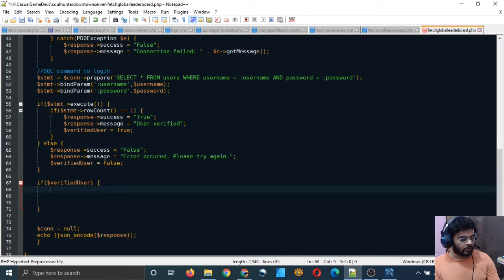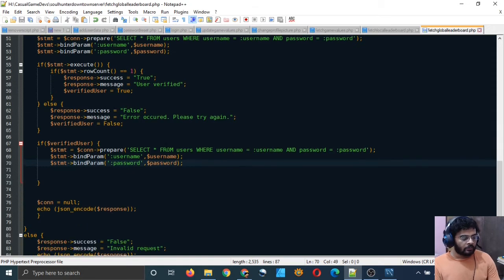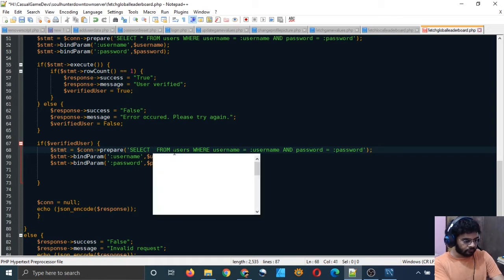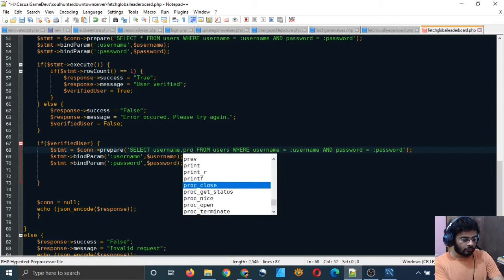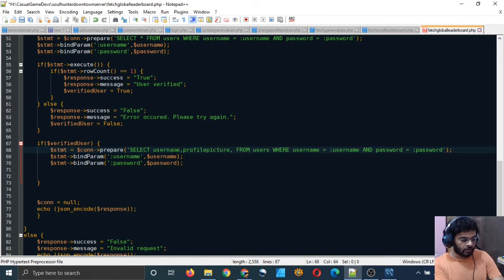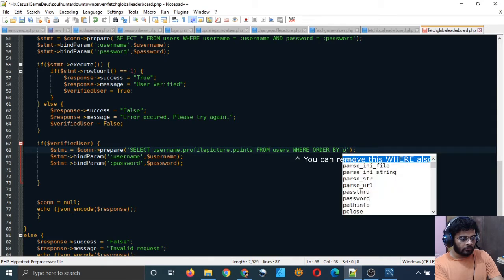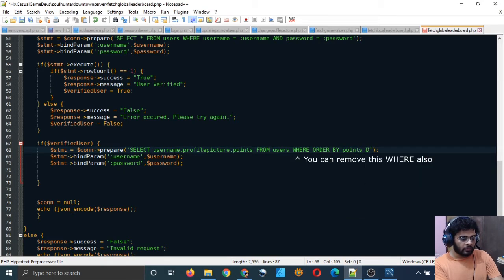So this select command, I want to select not stars, but I want to select username, profile picture, and points from my users table, and order by points descending.